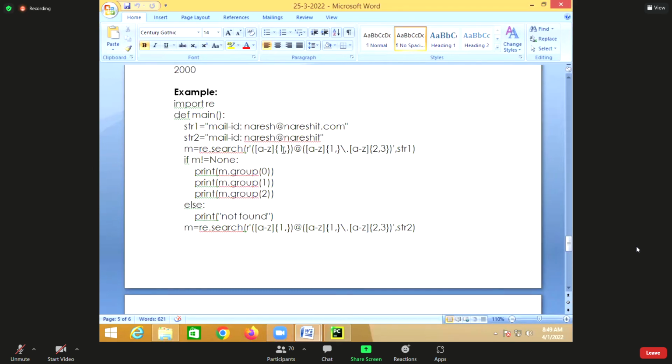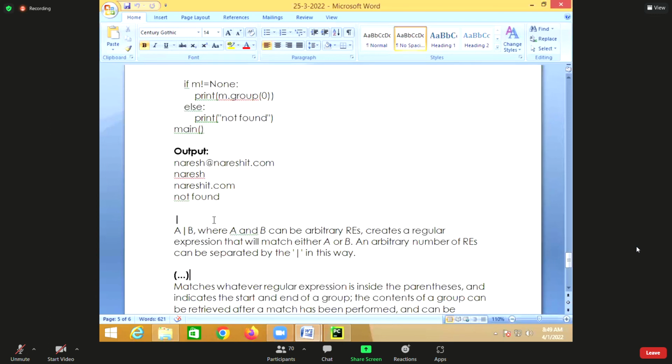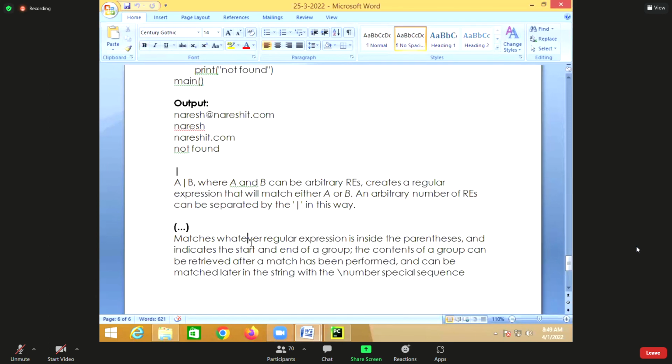So this pattern, you call it grouping. Parenthesis matches whatever regular expression is inside it and indicates the start and end of a group. The content of a group can be retrieved after matching has been performed, and it can be matched later in the string with the backslash number. Number means group 0, group 1, group 2, group 3, like that.